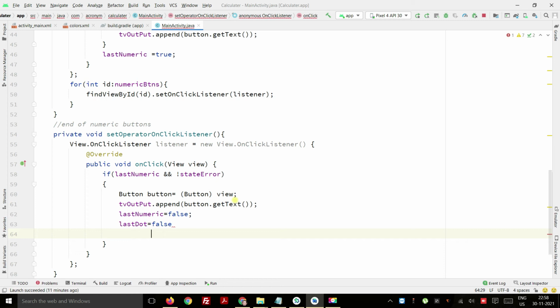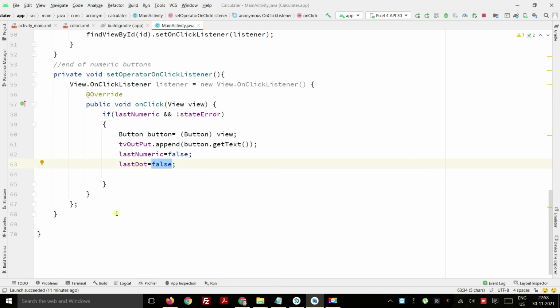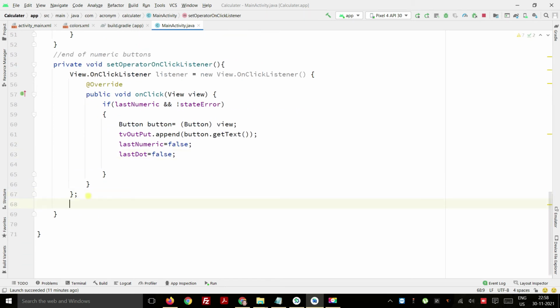The concept behind setting last numeric button to false and last dot to false is that once we have entered the expression, we have to verify that it is properly appending the text values or not. Okay, now the next stage is assigning the listener to the operator buttons, just like we have done for the numeric buttons.